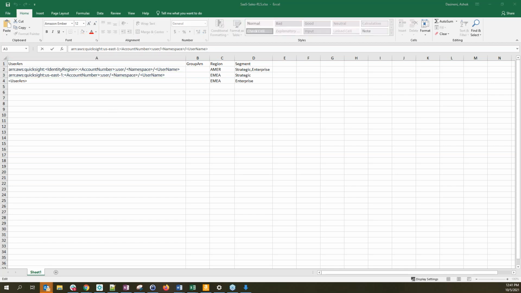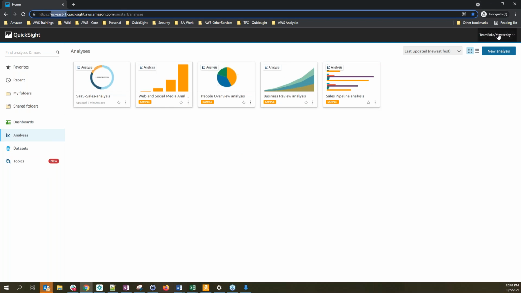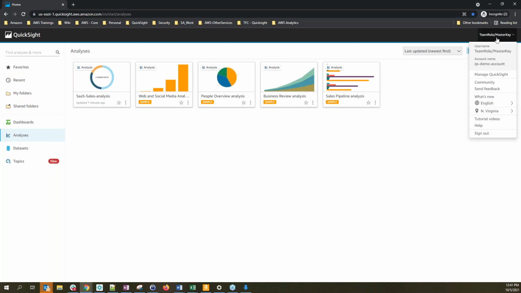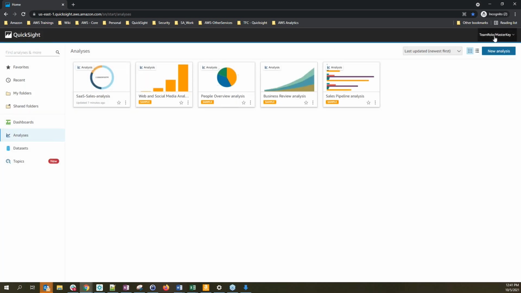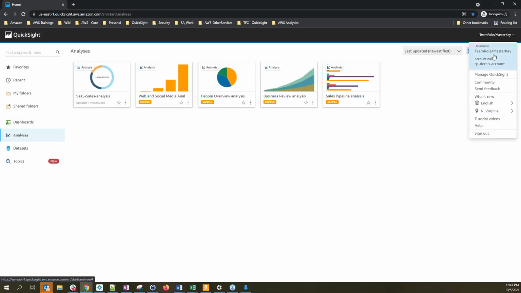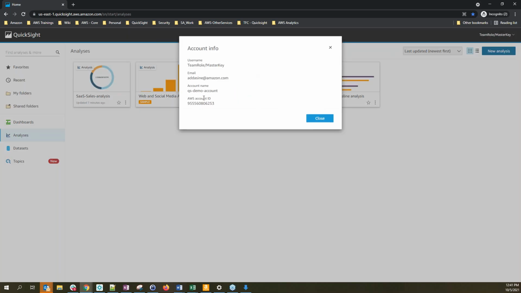And for the account number, let's go back to the QuickSight page. From the top right, the username information. Click on the very first section highlighted, which is username and the account name. Click on that. And here you can see the account info. Let me repeat this step one more time. So from the username, click on the first section. And here we can see the username, email address, account name, and the account ID, which is the account number. Copy the account number